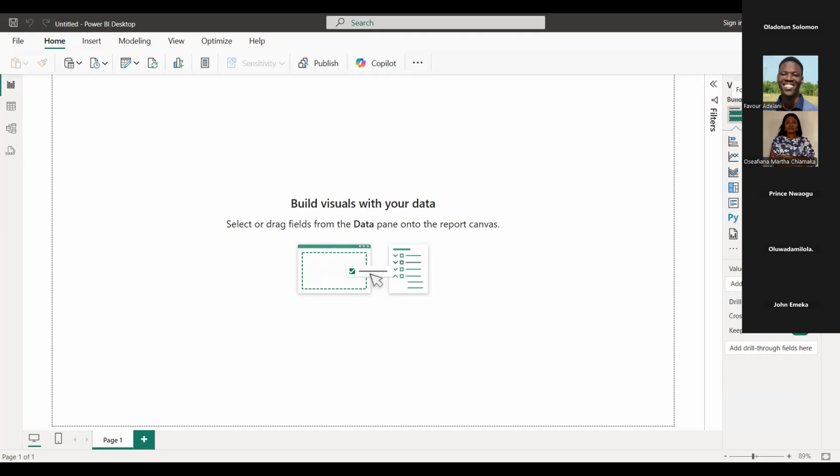The second one says format your report page. The reason why it is not showing format your visual is because we don't have any visual here yet. I hope nobody is confused. Please, if you are confused, you can call my attention to it. So are we still together? All right, thank you.